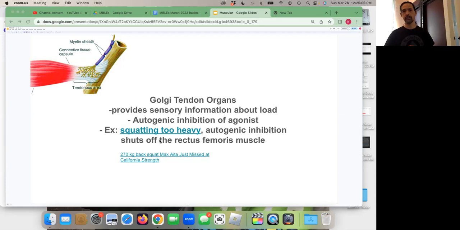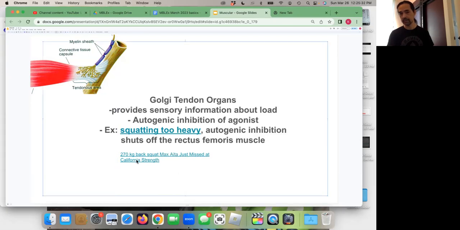So with reciprocal inhibition, what we saw was the rectus femoris contracting and the hamstring inhibiting to allow the contraction, the rectus femoris activating and the hamstring inhibiting. And we're going to watch a short video now of this guy, Max Aida, who's missing a squat. So he's failing to move the weight. And what you're going to see is